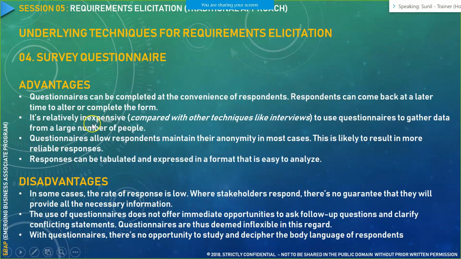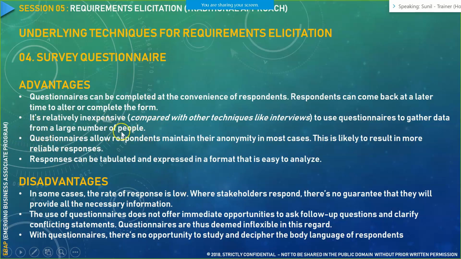Now, these are some of the advantages. Questionnaires can be completed at the convenience of the respondent. You can, of course, set a timeline, and you need to ensure that it is responded to within a specific period of time. If a business user is not available and is unable to come to an interview, you should give an expiration to the form you are sending, say that this form would expire within 48 hours, so that he gets a notification that within 48 hours he needs to complete this survey. So you can set certain expiration on your survey questionnaire forms as well.